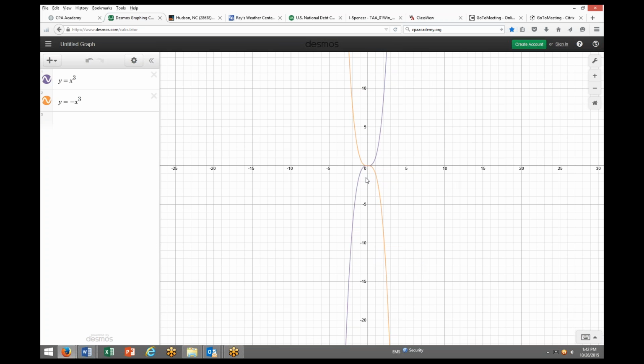The one that is a vertical mirror image of this, reflected across the x-axis, is y equals negative x to the third. It's coming down from the left and going through the origin and then going down to the right forever in quadrant 4. So y equals negative x to the third exists exclusively in quadrants 2 and 4 and the origin point. And it's interesting,